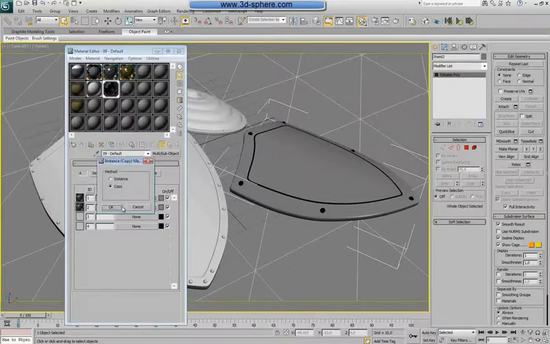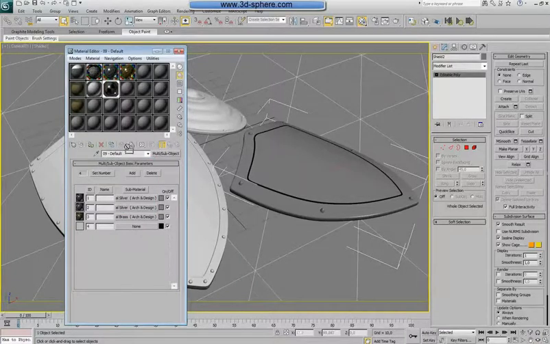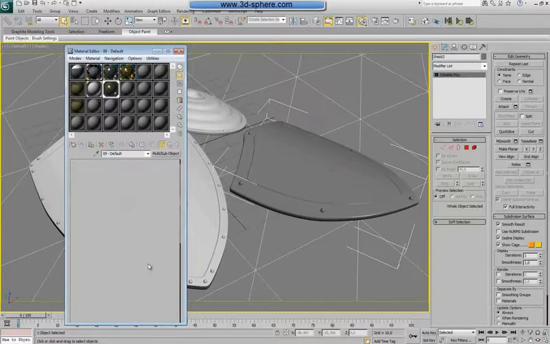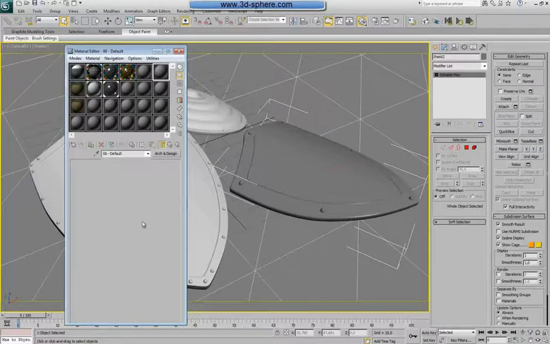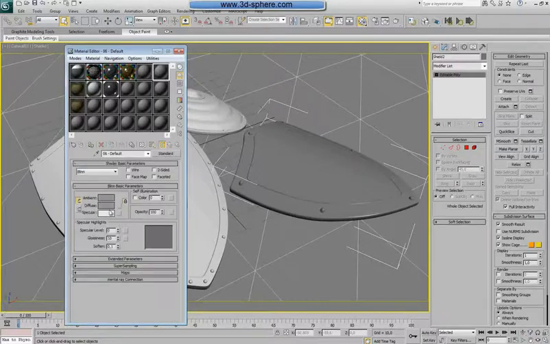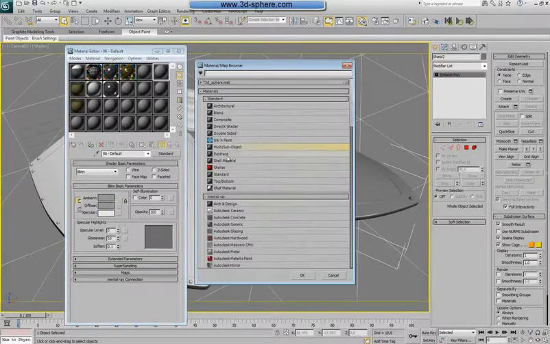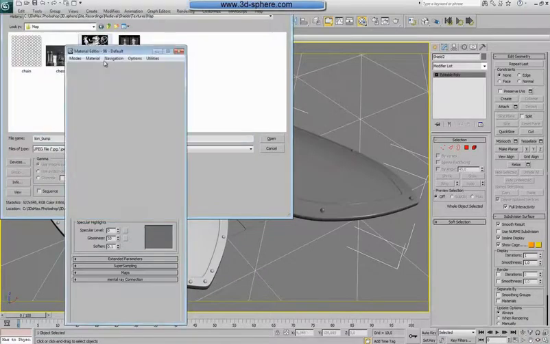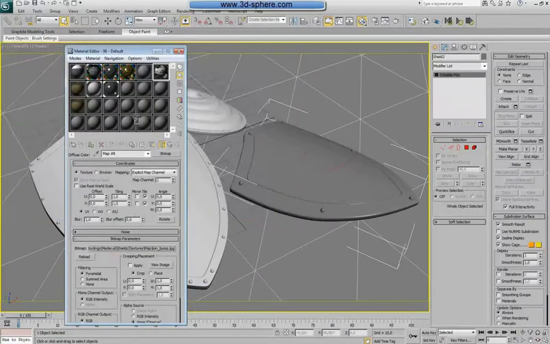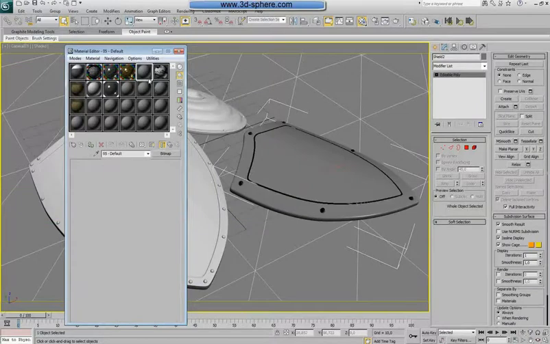Now let's put this one here. And again this one. Copy, copy. And the first one should have the bump mask. Okay, I think I will put the bump here. Line bump. Texture to max. And now